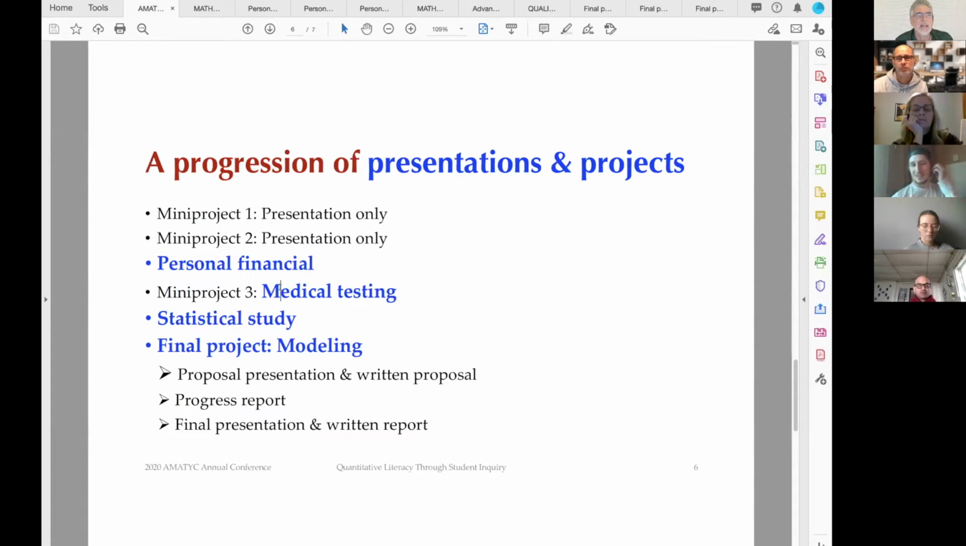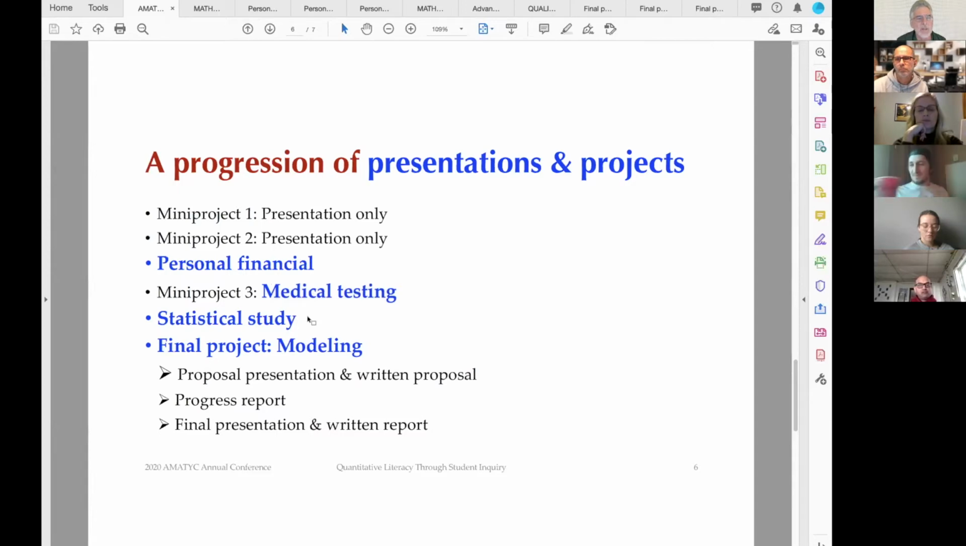And this is the first mini project where they do a presentation and then they have to write a report. The first major project, they do both the presentation and the report. And so they get some coaching on how to present, and they get some coaching on how to write up a report. The statistical study is structured, but they can pick any topic that they want and come up with their own